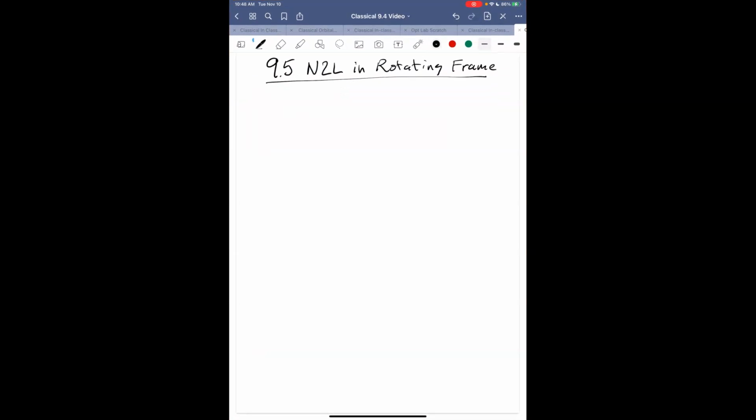Hi, in this video I want to show how to write down Newton's second law in a rotating frame, which is from section 9.5 in the textbook. In section 9.4, the author shows how to relate generally the time derivative of some vector in an inertial and